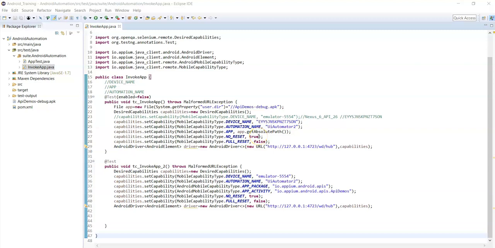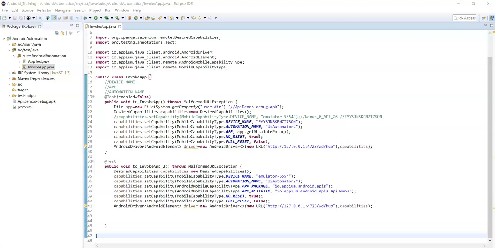Hi. In this lecture, let's see another approach to identify the locators in mobile app. Appium developers included the inspector tool in Appium desktop latest releases. So you need to download and install the Appium desktop latest version. This tool works in a different manner compared to the UI Automator Viewer and Monitor tools, which we saw in the previous lecture, right? Let's see how it works in Appium desktop version.